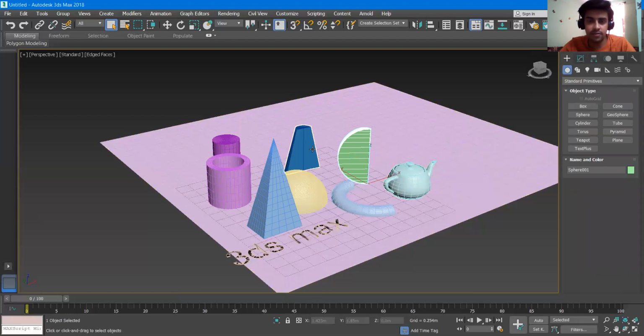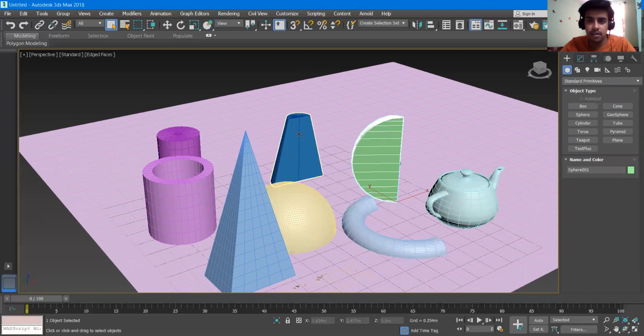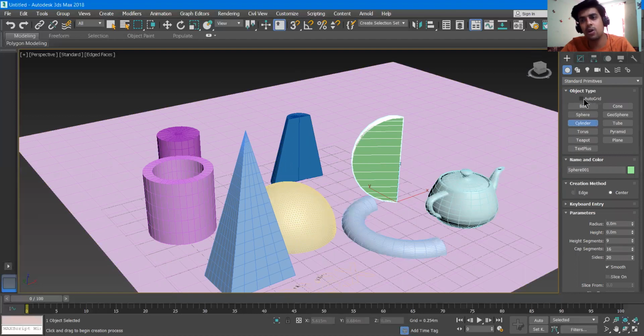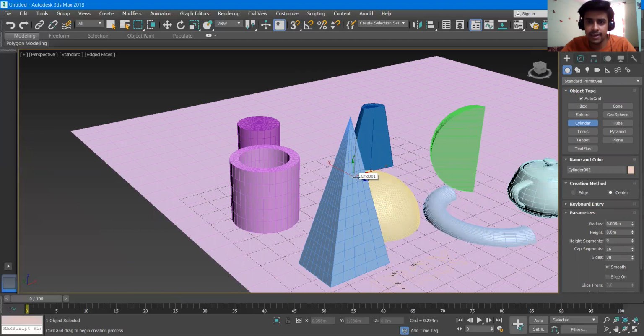Okay, now the main thing about this video. You must learn this thing very efficiently. If I, let's say, take a cylinder, and if I select this option auto grid, we are having the option auto grid. If I click auto grid, then we can see our gizmo is kind of changed, our cursor is kind of changed. It is asking XYZ axis. If I go to any of the other 3D objects, if I go to this pyramid and I click, it will ask me for the radius, but it is snapped to that pyramid. That means it is auto gridding, it is snapping to the grid that is coming closer to it. Okay, so it asks me for the radius, and if I click it, it will draw it at that position. Okay, so this is how this auto grid option works.